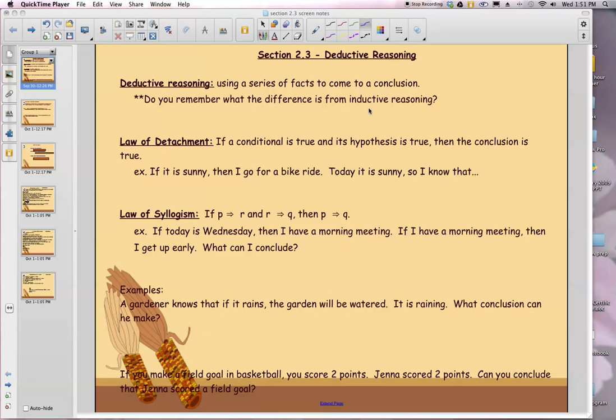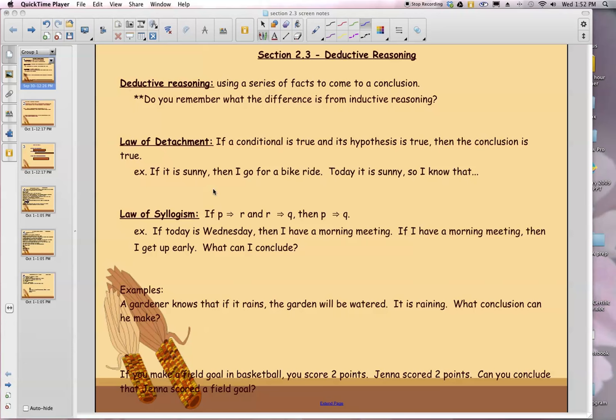Both have their place. These next few sections we're going to concentrate on deductive reasoning, so we're strictly going to be looking at facts. So we're going to learn 2 specific laws that go with deductive reasoning. The first one is called the law of detachment. It says that if a conditional is true and the hypothesis is true, then the conclusion that follows would have